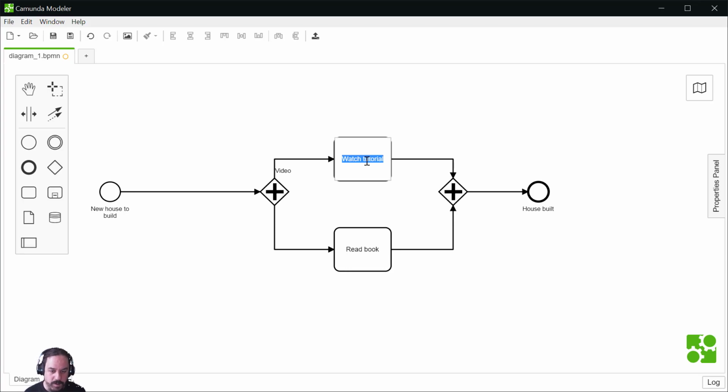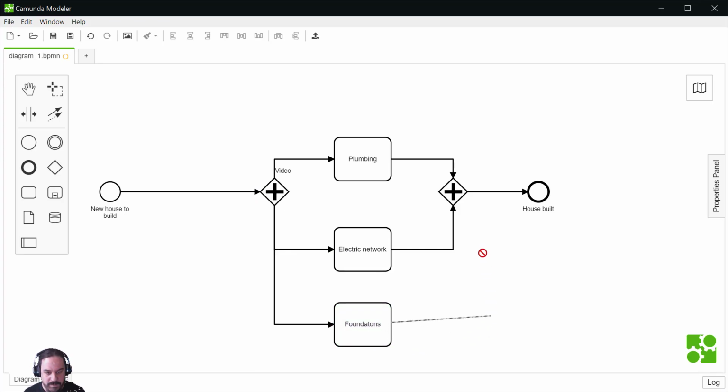There we may put plumbing and electric network, and maybe foundations, and we will add a new arrow. And now you can see something that we didn't solve.